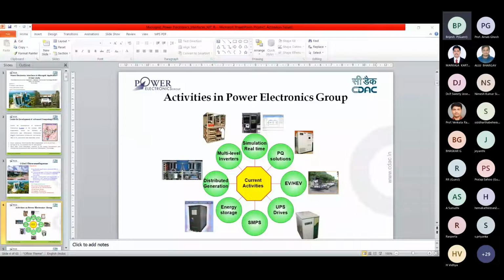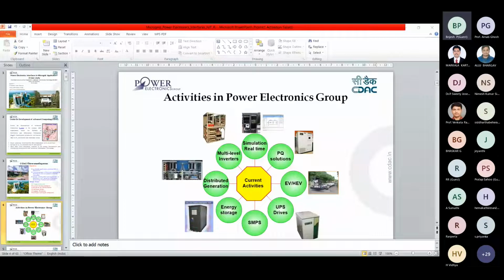This is the basic architecture of a microgrid. Here you have different energy resources like solar, wind, biomass, and your battery storage systems, and different loads, maybe residential or agricultural or industrial.